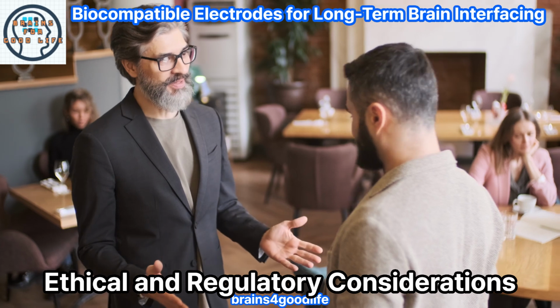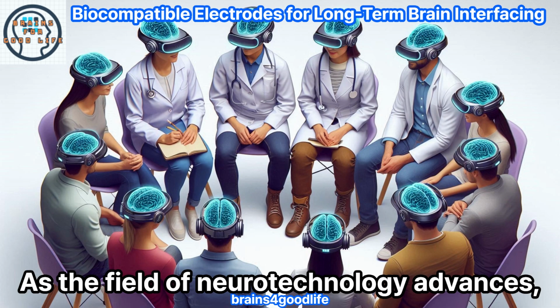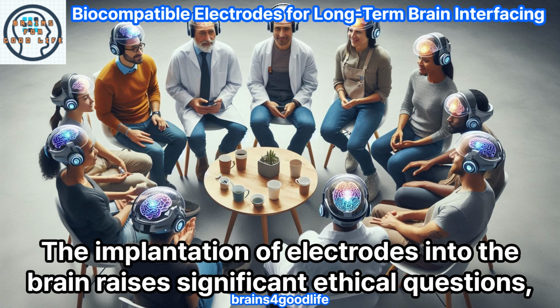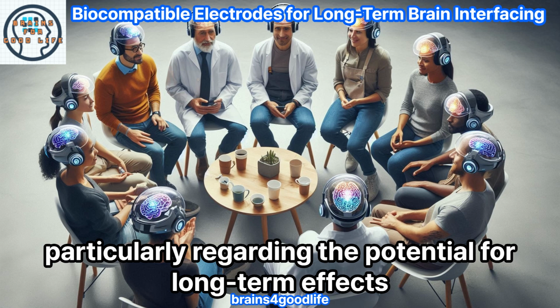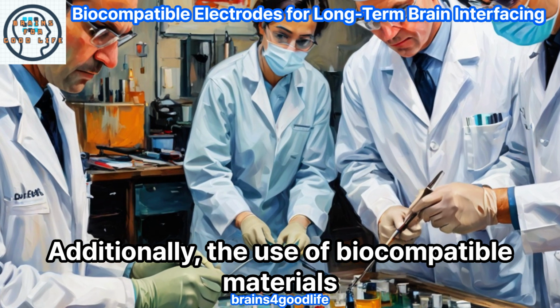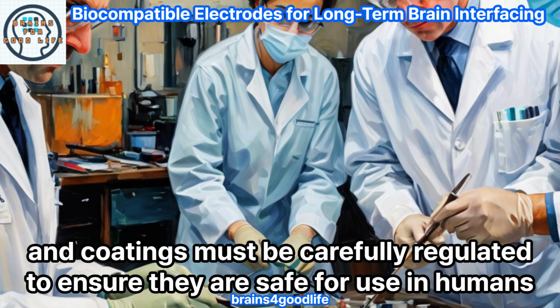use. Ethical and regulatory considerations. As the field of neurotechnology advances, it is important to consider the ethical and regulatory implications of these developments. The implantation of electrodes into the brain raises significant ethical questions, particularly regarding the potential for long-term effects on cognition and behavior. Additionally, the use of biocompatible materials and coatings must be carefully regulated to ensure they are safe for